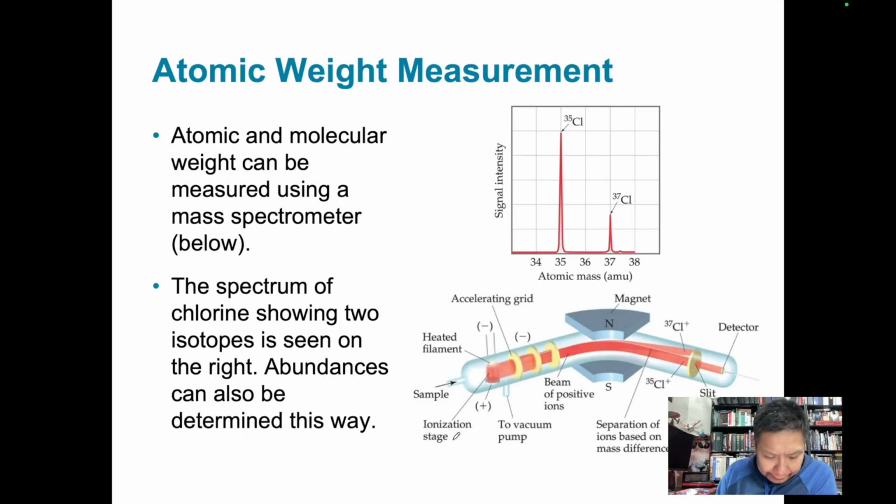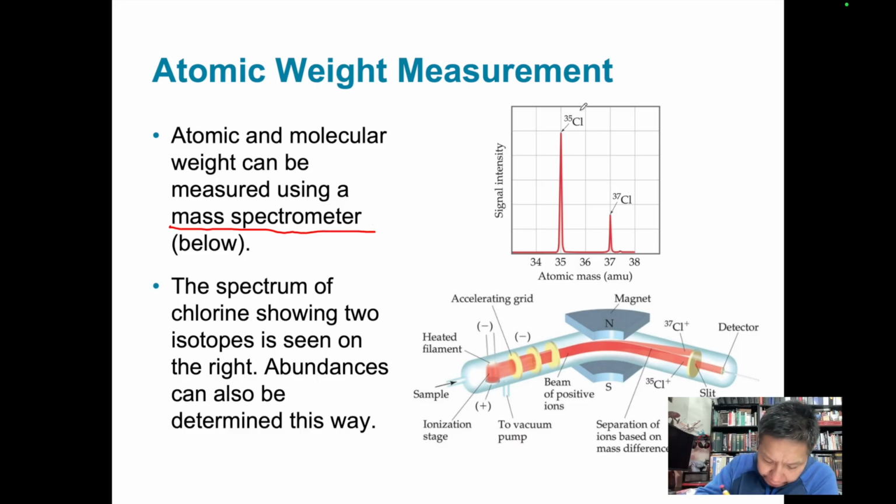All right, so there's this thing that we use a lot in forensics called a mass spectrometer, okay? Most people know it as a GCMS or an LCMS, which stands for liquid chromatography mass spectrometry and gas chromatography mass spectrometry, mostly used in toxicology and drug chemistry to see different poisons or drug molecules, right? But the thing that I want you to know about this, because you'll learn more about it when you get to a higher class, is a mass spectrometer can show you what the different abundances are of certain isotopes,